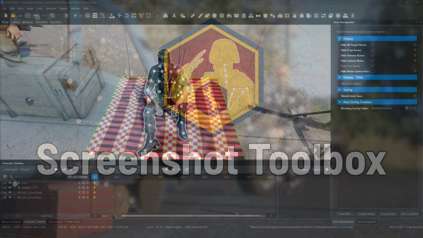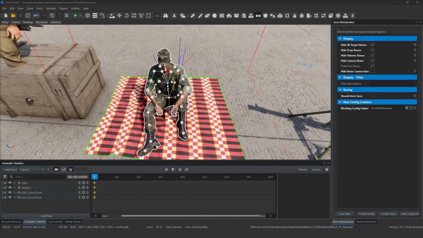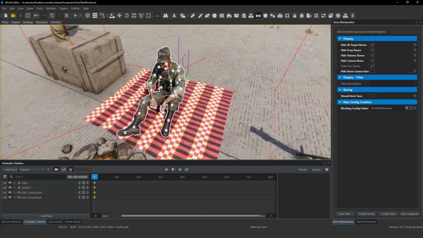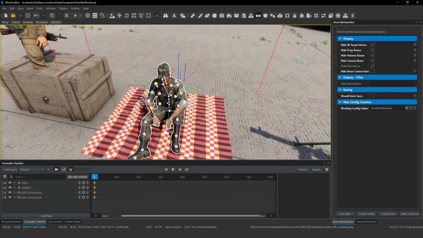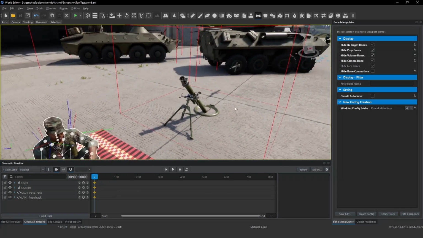Hello and welcome to this showcase and tutorial of the new Screenshot Toolbox, currently including the Bone Manipulator. This tool is used to quickly adjust the pose of animated characters, but can also be used on static weapons